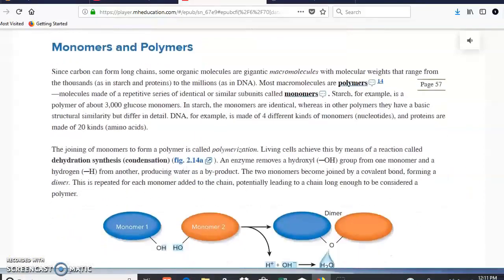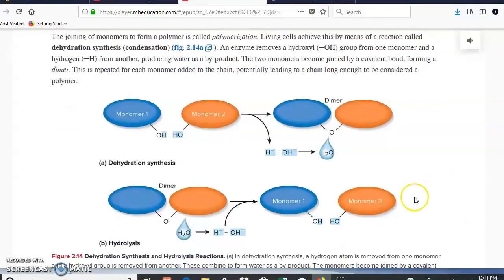How do we form these polymers? Well, we have monomers, as you can see here. One monomer and another monomer. We put them together by removing water. Therefore, this is going to be called dehydration synthesis. Remember, we mentioned that synthesis means building things. So if you have two separated, now they are together because we removed water. Since we removed water, this is called dehydration synthesis. Now, the opposite of that is when we have something that is already put together. And we know that hydro means water. So if we add water, this molecule that was together is now separated. Therefore, this type of chemical reaction is going to be hydrolysis.